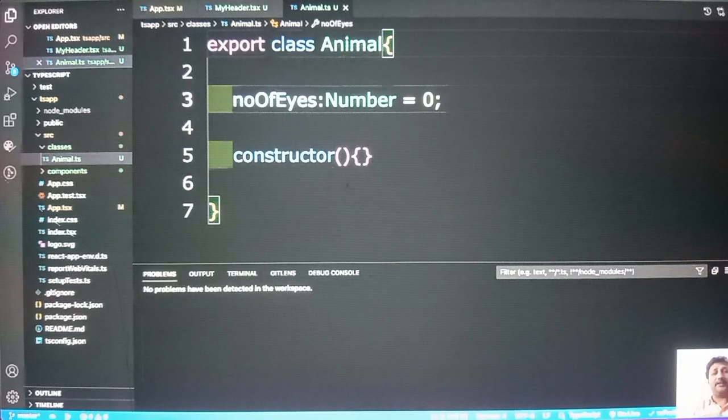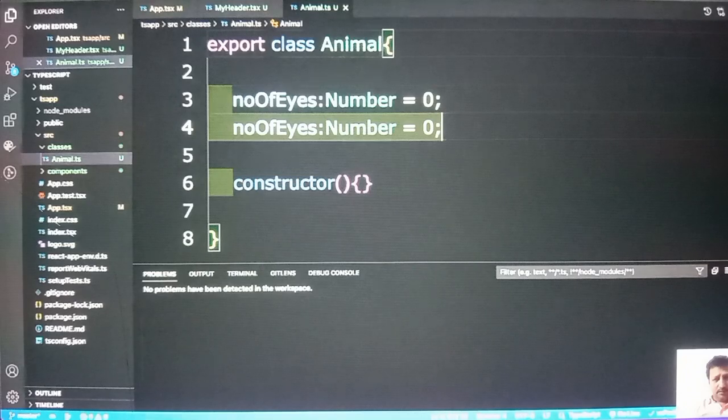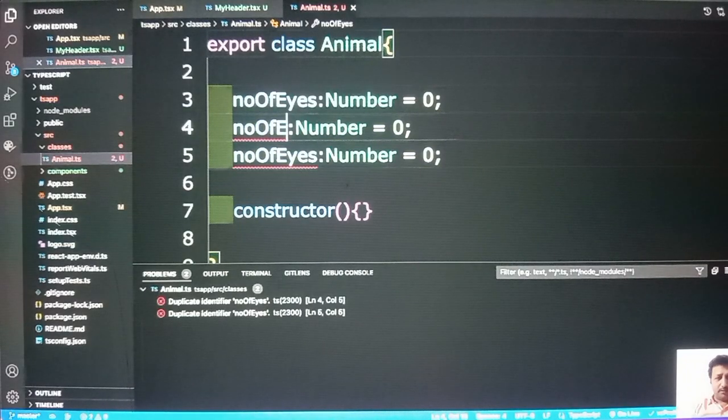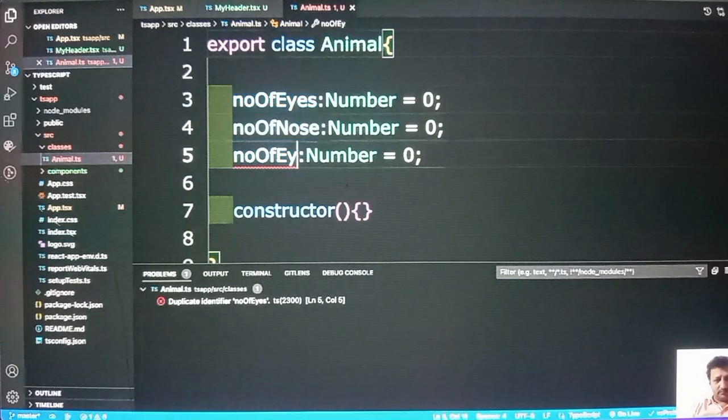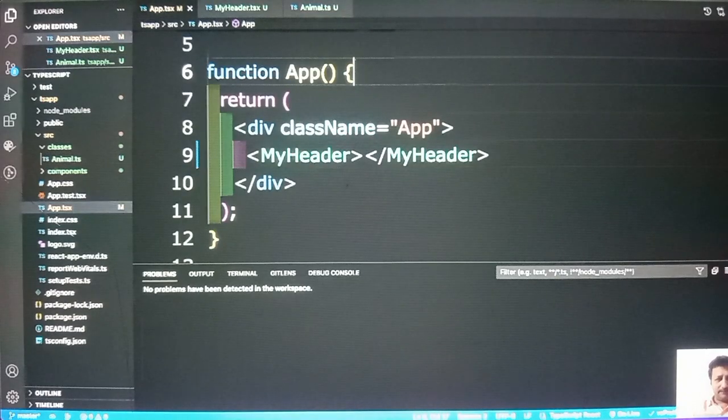Now I have created number of eyes property. Number of nose, sorry. I have created this. This is a normal class. I can instantiate this. Now I'll come to app.tsx and what I'll say,